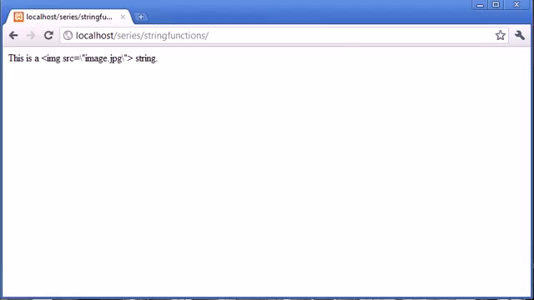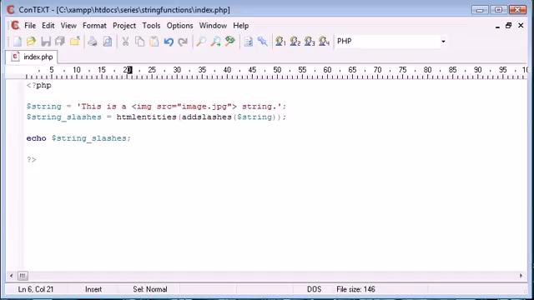So why would you want to strip slashes? Well, for example, data may be stored in a database if it was going to be produced onto a page for viewing, and you might want to add the slashes so this isn't passed as HTML code. Now, why would you want to strip the slashes? If you were, say, putting this data back into a text box for people to edit, so you might have this in an input text box, you want to strip the slashes before you put it into a text box for people to edit, and then you want to obviously add slashes when it's going to be viewed as plain text on a page